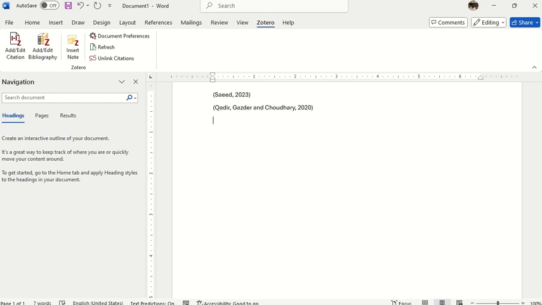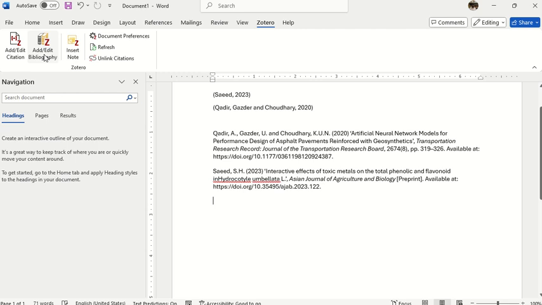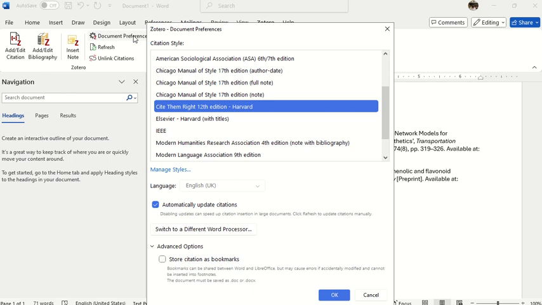Now I want to add the list of references. So I go here. The list of references is there, in the style which you want. If you want to change the style of referencing, you can go to document preferences and change the style which you want. So if I go with this style, for example, IEEE,